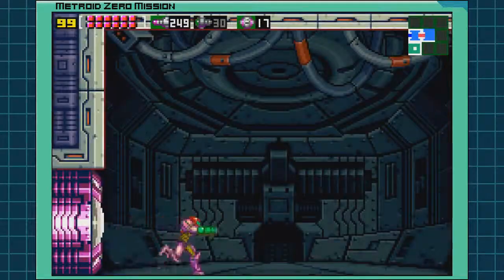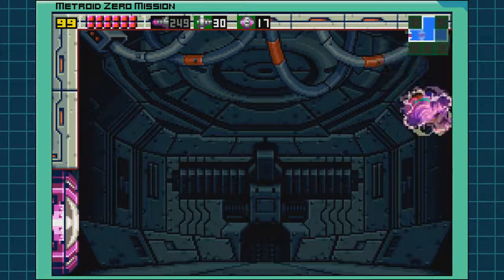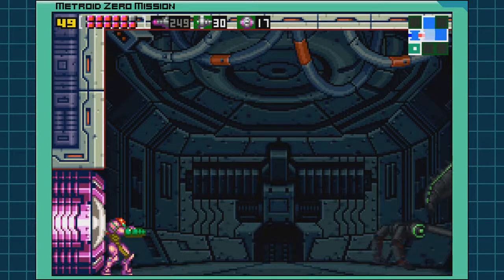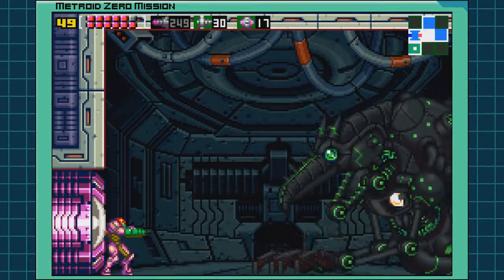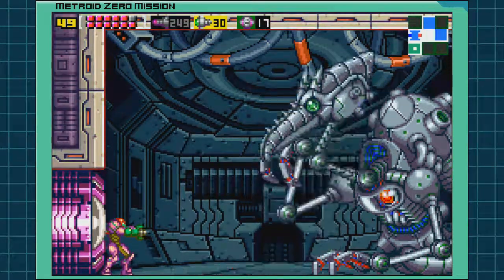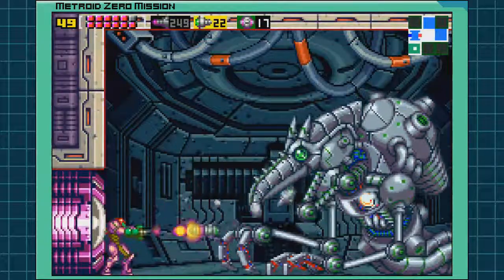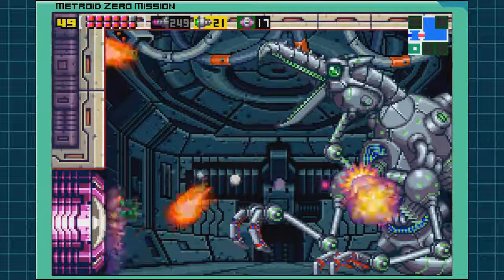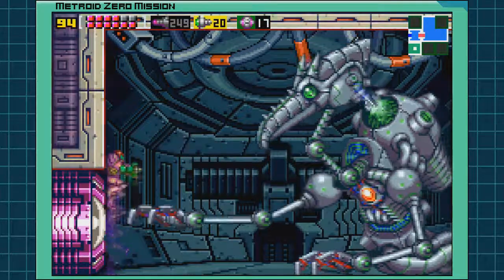And now we will go into this room, which is where the final boss of the game is located. We actually got a hint as to what this boss was back right when we entered the ship. So this is Mecha Ridley. One really interesting thing about this fight is that if you have 100%, his health is actually, I think, like 3 times as much. So it's actually going to be,